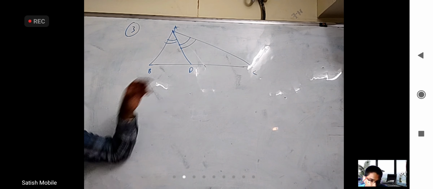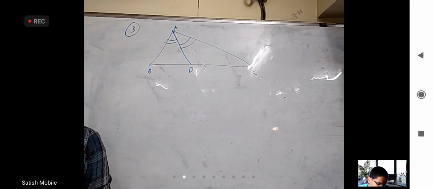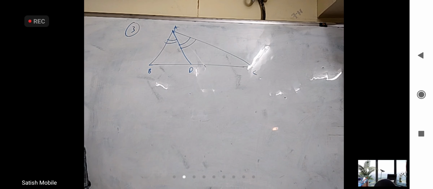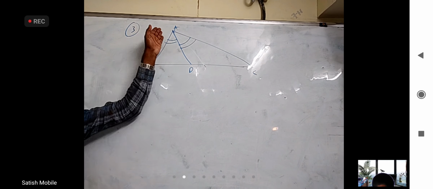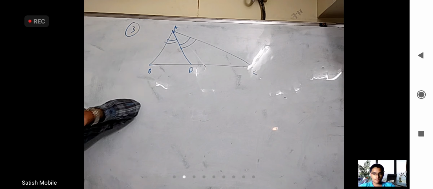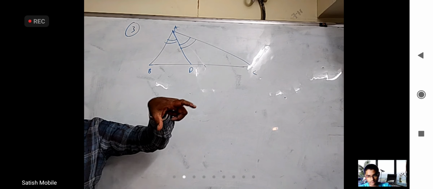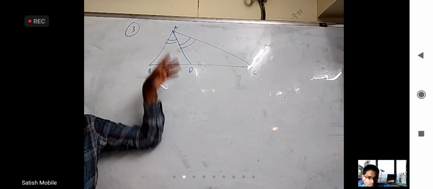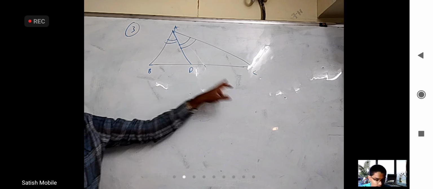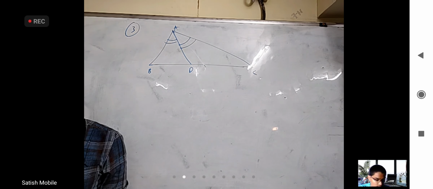You want to find D. How will you find? Yeah, but for that you have to know something about the equation of this line. Oh, you are saying you know this point and you know this vector. You'll find this line. What she told is you will get a vector along this, right? So you want to find this line based on that, and you know 2 points. You solve. You'll get D. Yes, that is also nice.